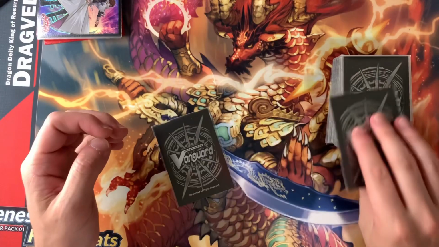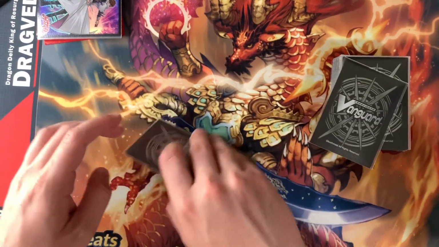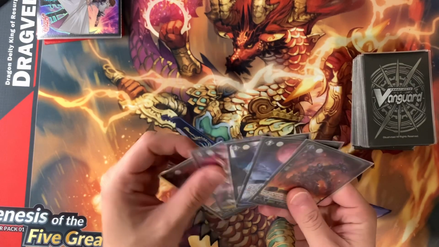But let's draw five cards here and pretend we go first, as we always do in our test hands, just to make it a little bit easier. Let's check it out. All right, what do we get? Not too bad, not a bad hand actually. I'm going to keep